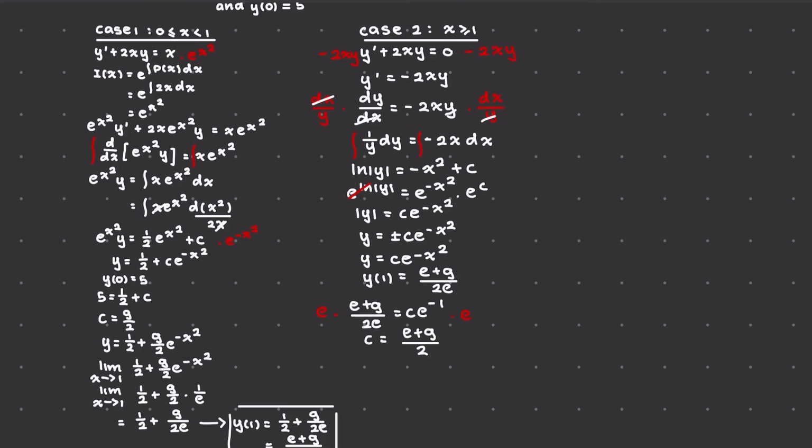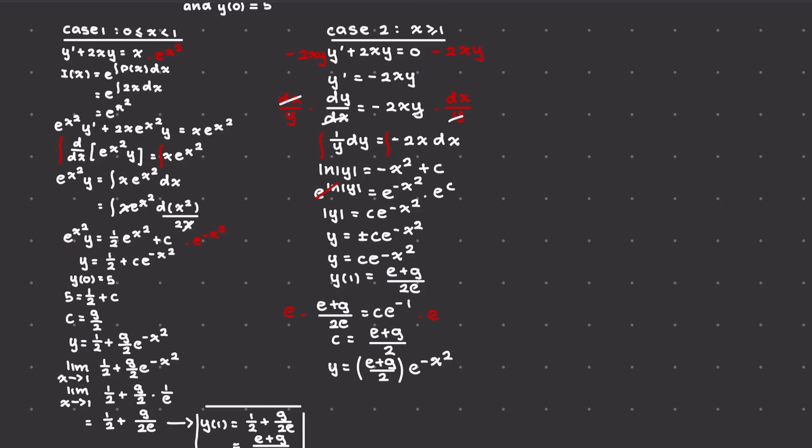And substituting for c back in our equation here, we will get as our final answer on case 2 y equals to e plus 9 over 2 multiplied by e to the negative x squared. And so this is our solution for case 2. And our final solution will be